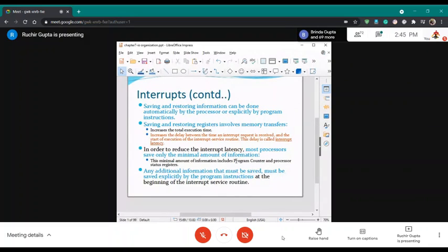अब इसमें एक जो प्रॉब्लम आप कह सकते हैं वो ये है कि सेविंग और रिस्टोरिंग रजिस्टर में मेमोरी ट्रांसफर इन्वॉल्व होता है, और वो भी आप स्टैक में स्टोर करते हैं एक्चुअली, लेकिन इसकी वजह से आपका एग्जीक्यूशन टाइम जो इनिशियली एंटिसिपेटेड है वो उससे बढ़ जाता है। सो इट इंक्रीजेस द एग्जीक्यूशन टाइम एंड इवेंचुअली दिस लीड्स टू सम डिले एंड दैट इज कॉल्ड एज इंटरप्ट लेटेंसी।